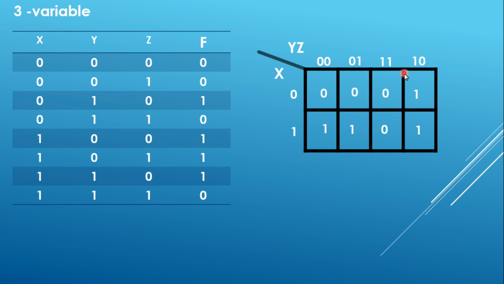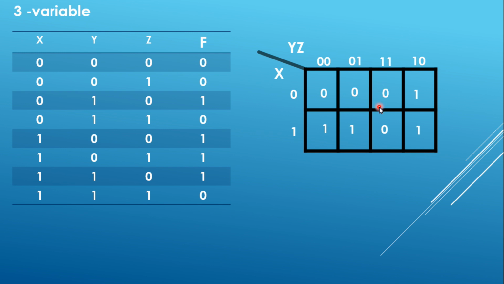Now this is a 3 variable map. When there are 3 variables, x can take the value 0 or 1. Now what are the other 2 variables left? y and z. So y and z, you have to combine them, and the combinations possible are 0 0, 0 1, 1 0 or 1 1. Now this is not by mistake, and it is not that you can put anyone anywhere. It is important that I put 1 1 first and then 1 0. So first I will put 0 0, then 0 1, and then 1 1, and then 1 0.